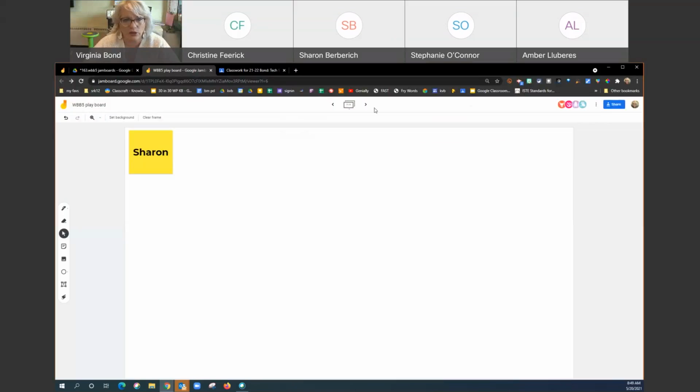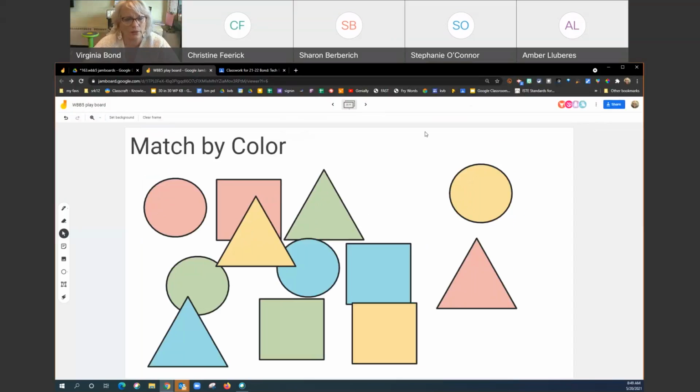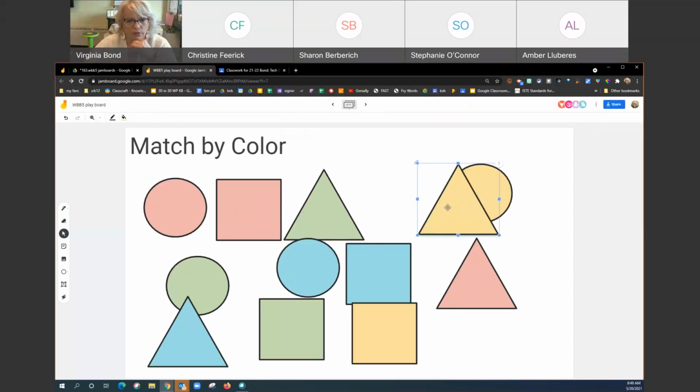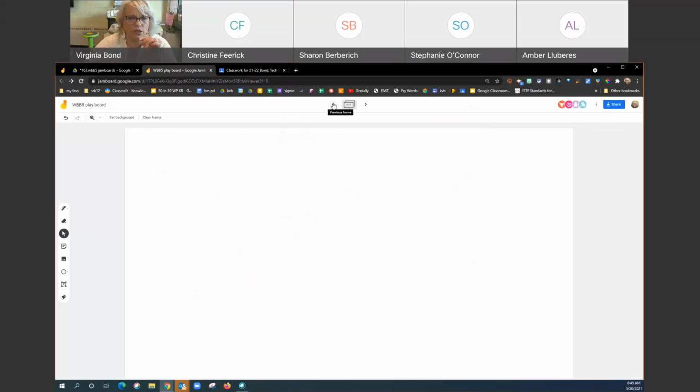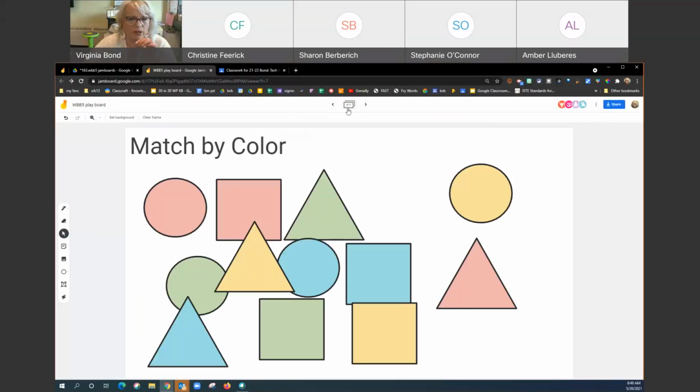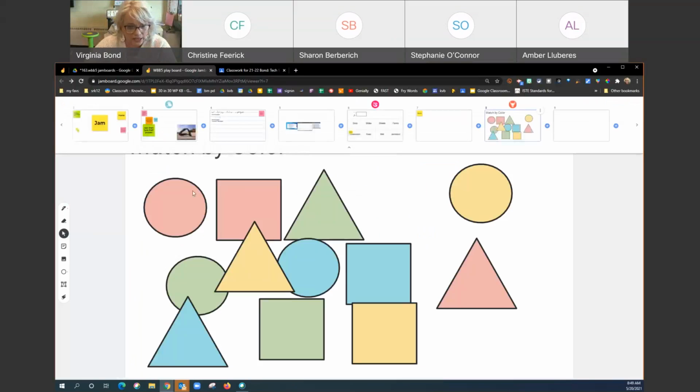Okay, next one. You can create manipulatives. So here's the example of just a very simple manipulative, right? To have my students go through and they would be able to move the documents through and match it by color. Now, I think this is a nice way to use this. I'm going to come back here and I'm going to use the same exact